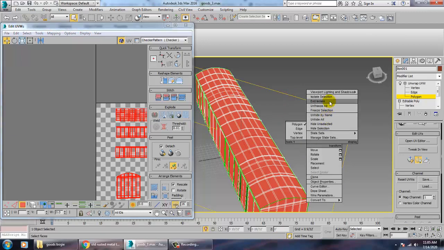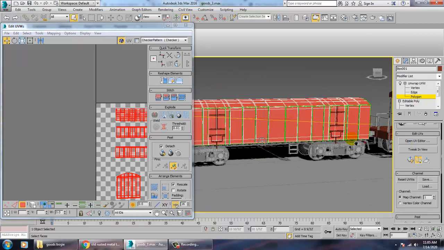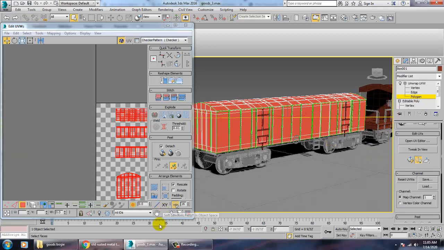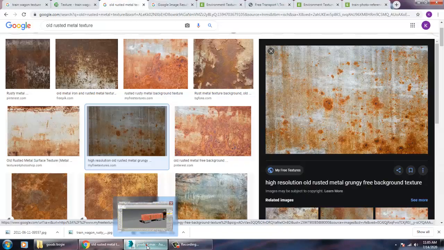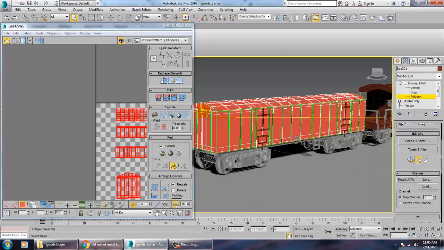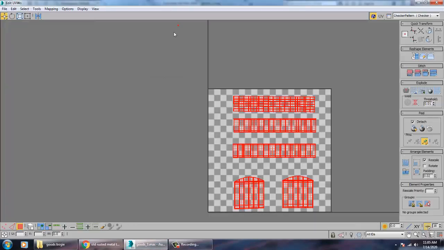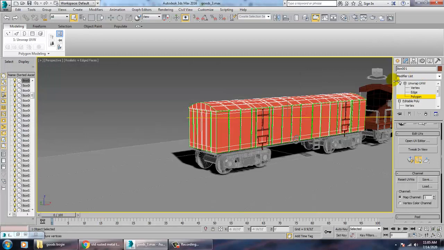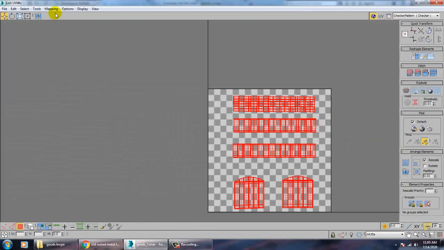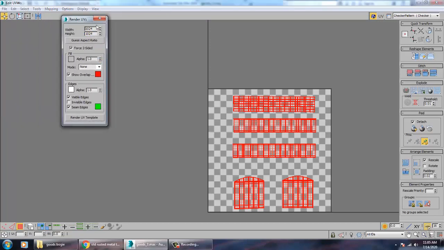And isolate this. So go into this. Tools, render UVW template, and we are going to assign what the size of the texture should be.